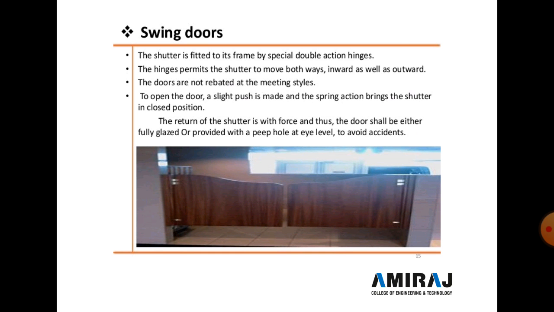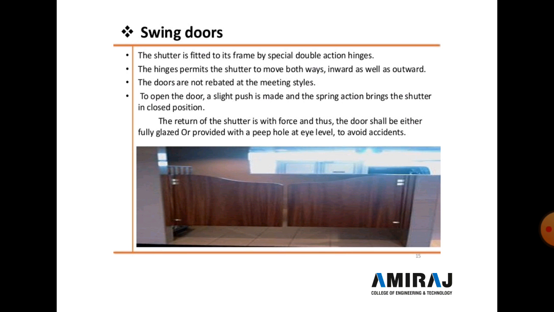To open the door, a slight push is made and spring action brings the shutter back to the closed position. This type of swing door is generally provided in offices, and generally in a police station this type of door is